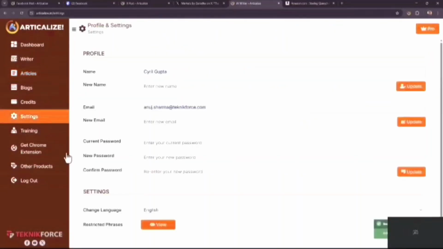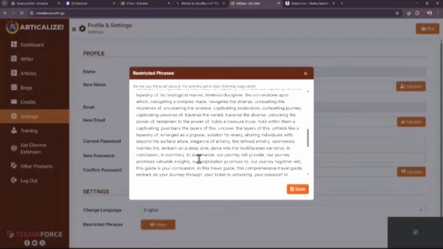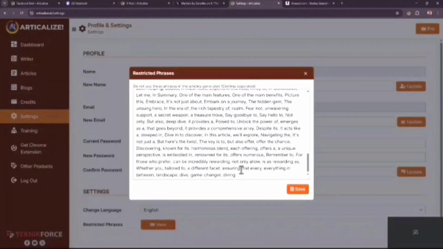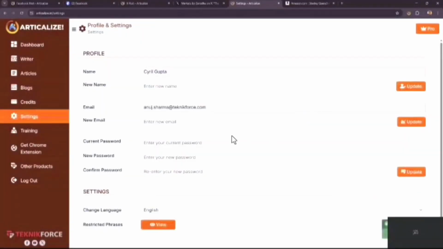By the way, I got to tell you something. In settings, if you check out, we've got some special settings like restricted phrases. So if there are any phrases that you don't want to use in the article, we do have a list that we already put in, which are commonly found in AI generated articles. So we already have a list that prevents this article from being detected as an AI generated article. It's a feature that we already have. So this is the list that you can add to. If you want to add in your own phrase or word, you can just do that, click on save, and now those phrases or those words will not be used in your articles.